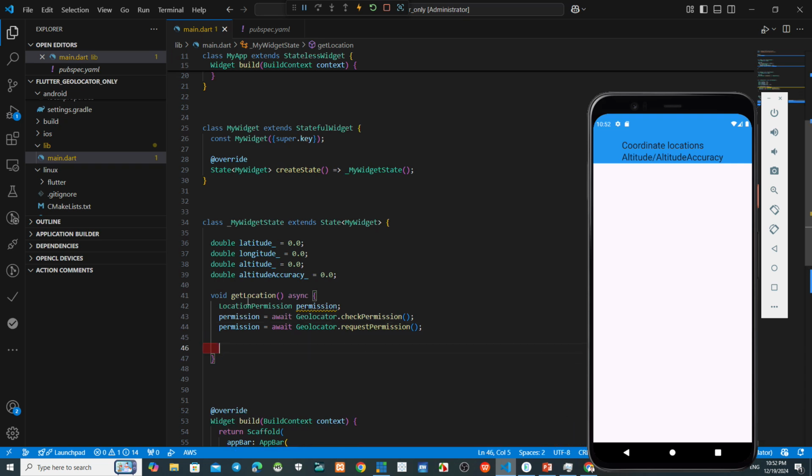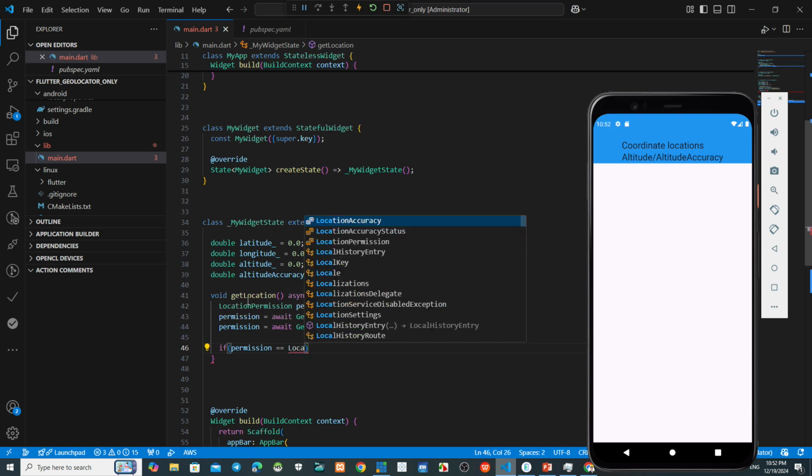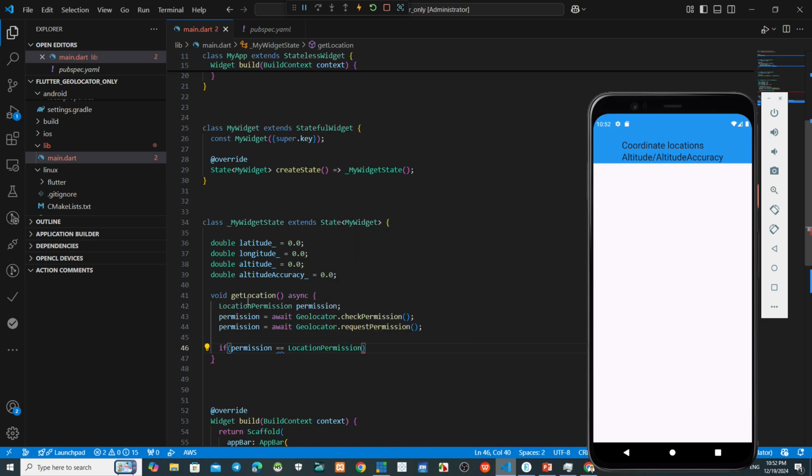Okay, now if permission equals location permission denied, do nothing.